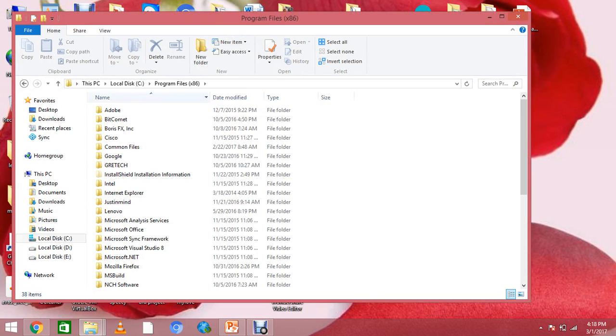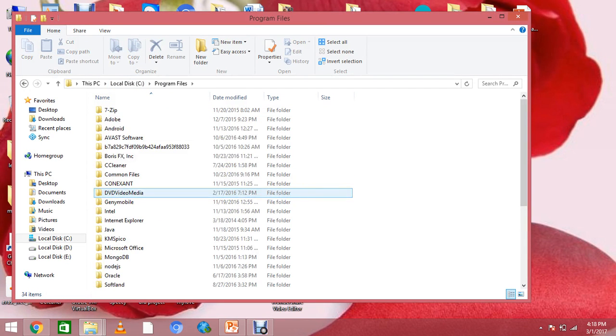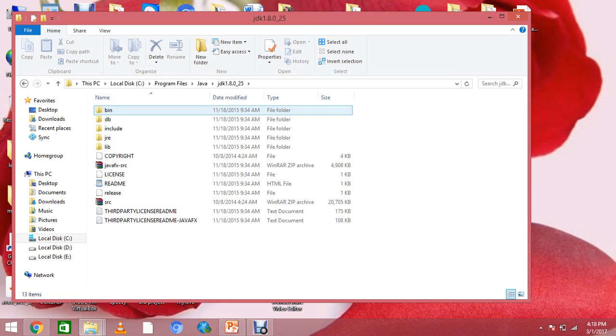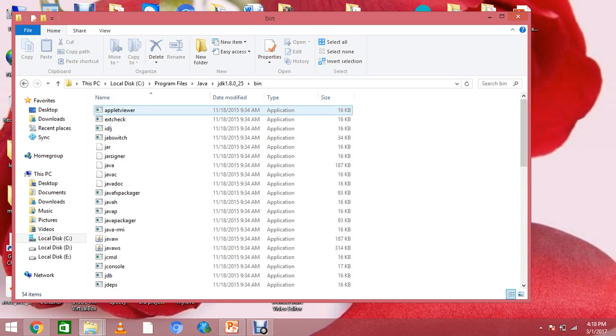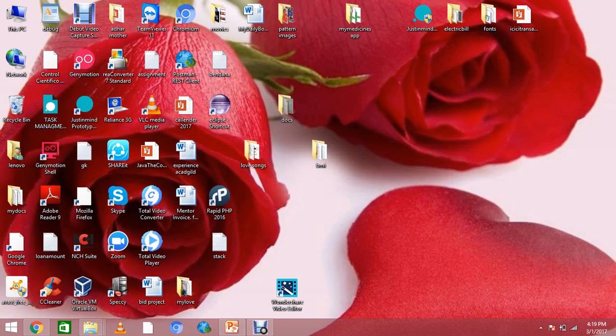Program Files, and there is your Java and JDK. After download, you can install it, and you can see this is the path. So this is the path for the Java, C, Program Files, Java, JDK 1.8.025 and bin. Okay, and one more thing,